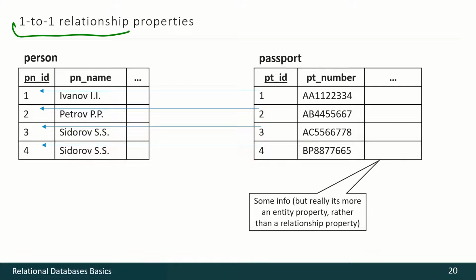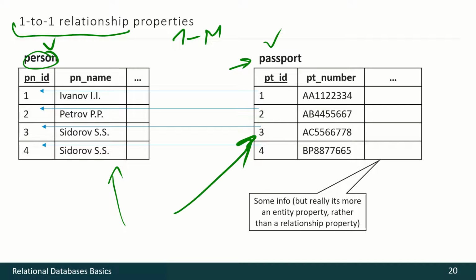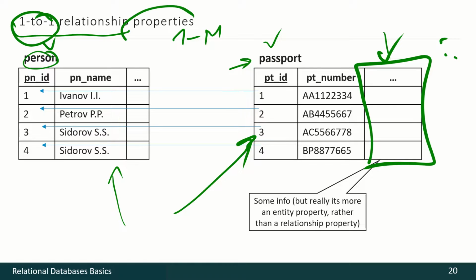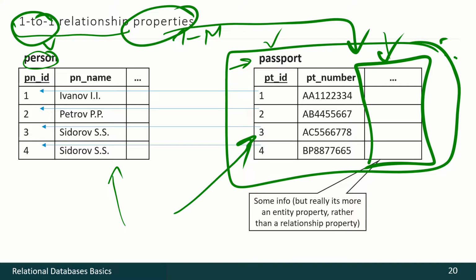With a one-to-one relationship, the situation looks similar to one-to-many. Imagine that we have persons and their passports, and we have to show whether a passport is valid for traveling abroad or not. So we cannot put this information here, it's not a property of a person, but we may put it easily here, something like in this column or any other columns. So in a one-to-one relationship, the properties are also stored in the child relation.